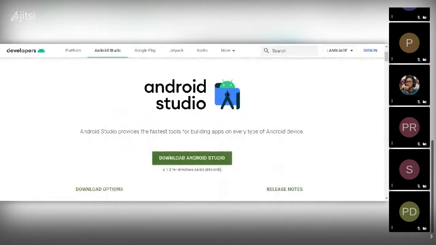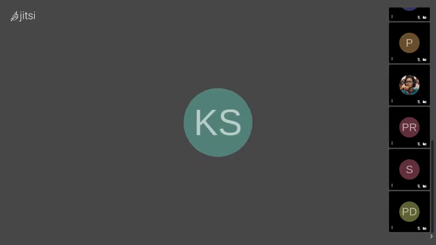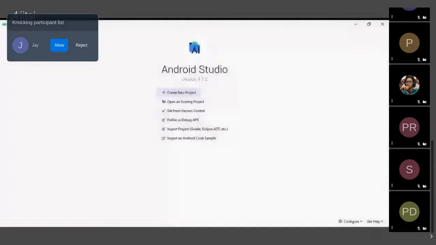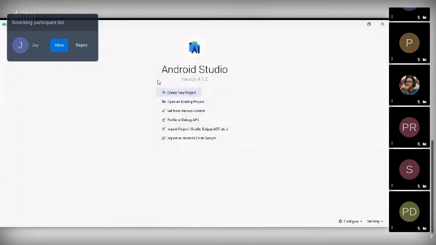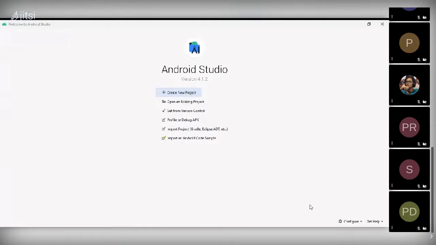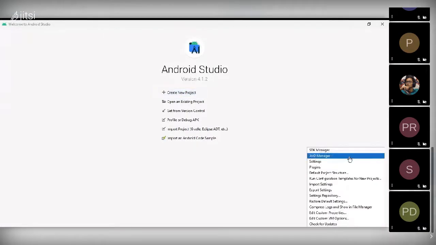So once you download Android Studio, just double click the installer and follow the setup instructions, and it should take you right to the screen which I have opened right now. This should be what you see when you open up Android Studio for the first time. Then the very first thing you should do when you install Android Studio is go to plugins,